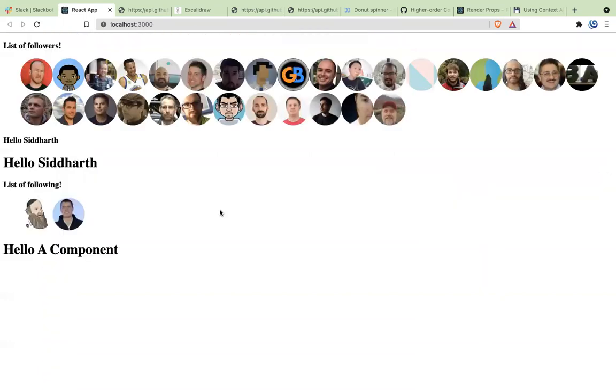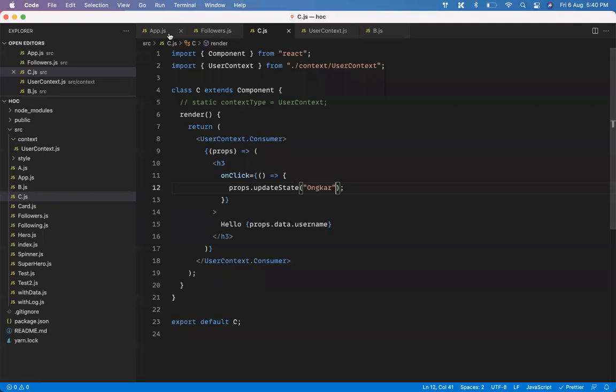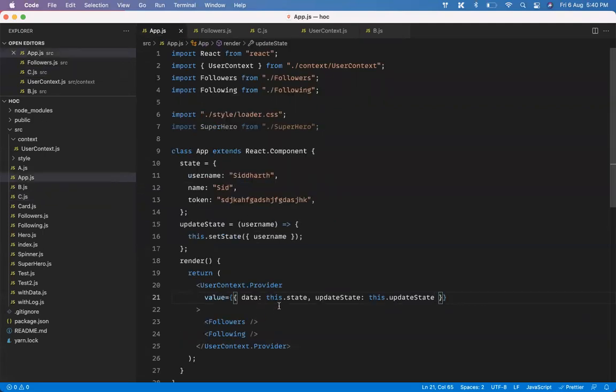Say here it is the C component, and this is the B component. As soon as I update the state here, this also changed. So you can pass whatever you want as data inside the context. I am passing a way to update the state, and I am passing the state. Whatever you need in different places, pass it like this. All good?